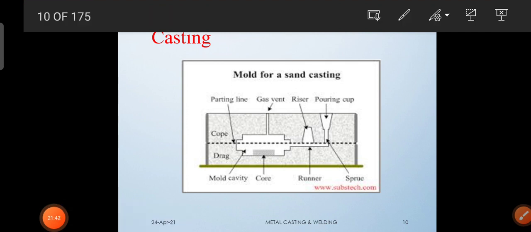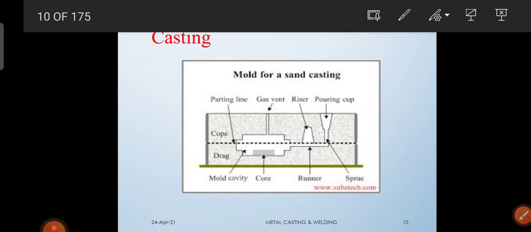In the coming session, we will be discussing how the remaining manufacturing processes work as compared to the casting process. I mean, how the forming process manufactures a product, how the machining process is able to manufacture any product, and how the welding process is going to form a final product.